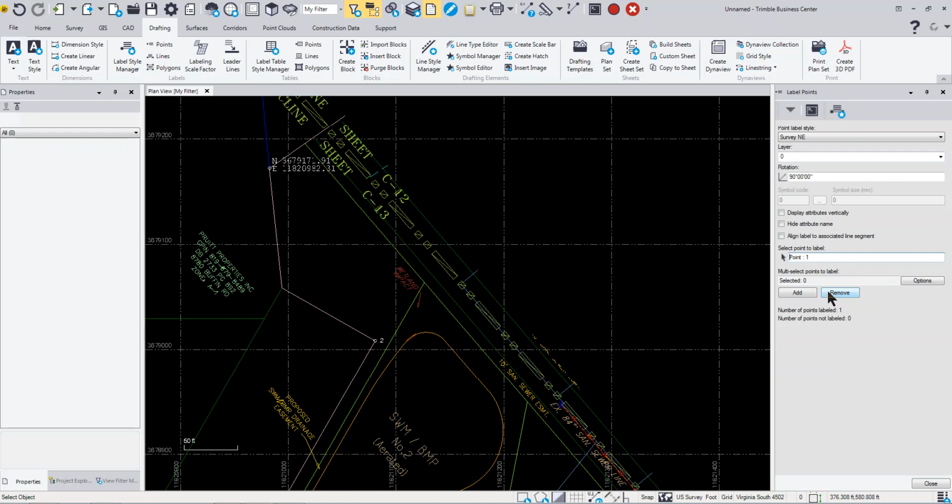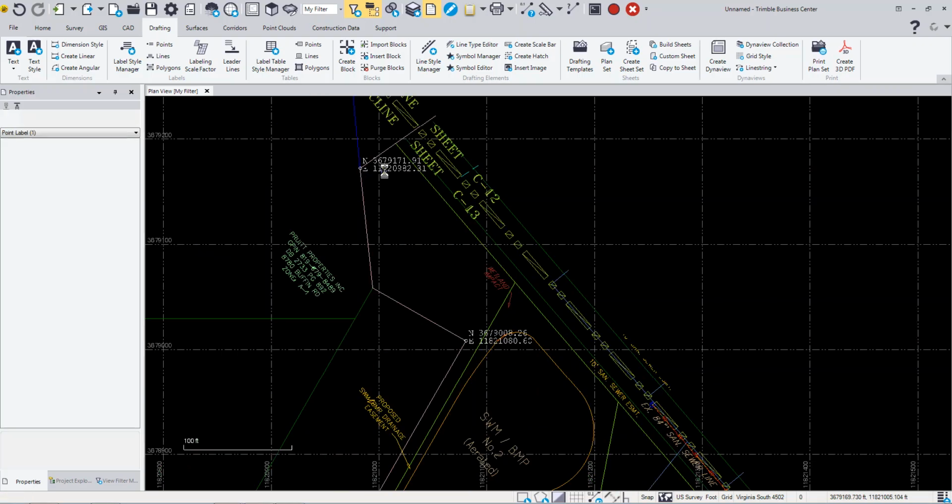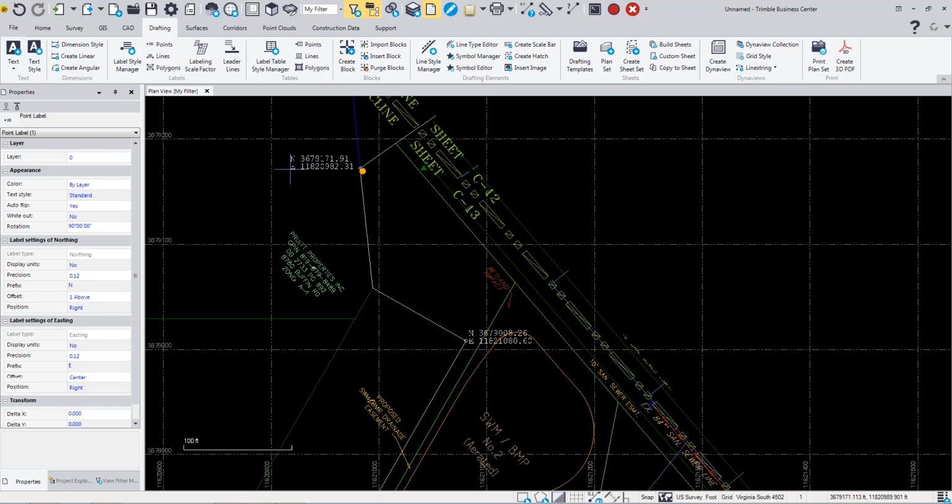Now I can do the same thing. I can pick multiple points, or I can just pick the next point. So if I pick the next point, you'll see that I can make and place that label. Now these can be moved, so I can grip edit those and move them to the other side. I can rotate them manually if I want,